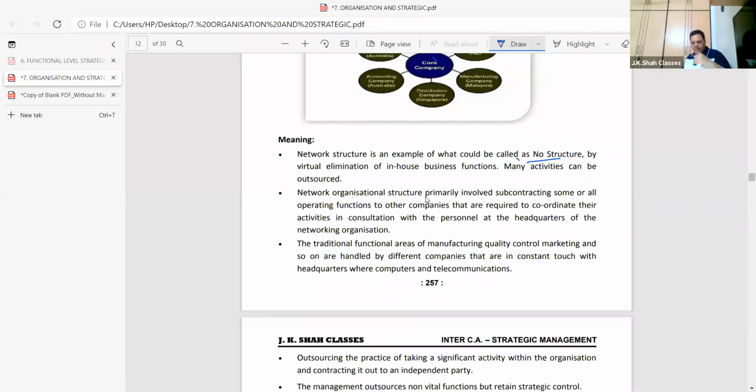Listen up, I'll give you the best example: JK Shah Classes. Niyati, give me the answer. Have you seen JK Shah sir? Does he come to Bangalore to take lectures? Who's taking lectures? Other teachers. So what is JK sir doing? Networking. I'm from Bombay, I'm taking lectures for Bangalore students. I just finished a lecture for the Delhi branch.